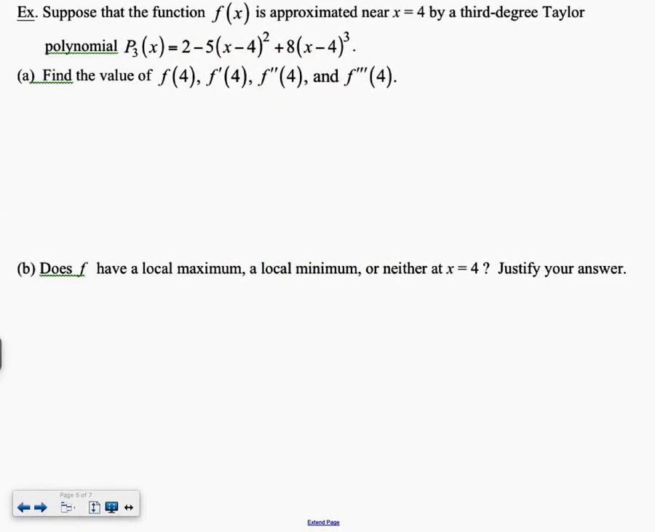Suppose the function f of x is approximated at x equals 4 by a third degree Taylor polynomial. So third degree meaning I've got 1, 2, 3 terms, right? Okay. So find the value of f of 4. So if I want to estimate f of 4, all I've got to do is plug in 4 for x, right? So if I do that,